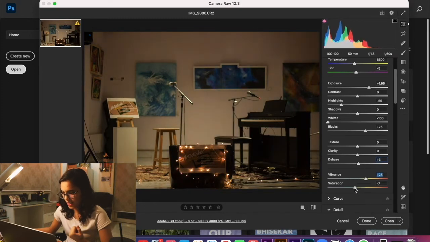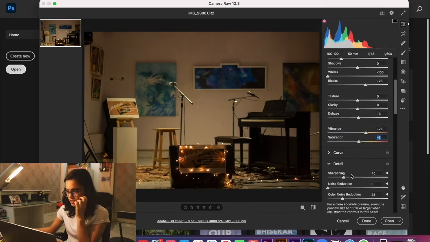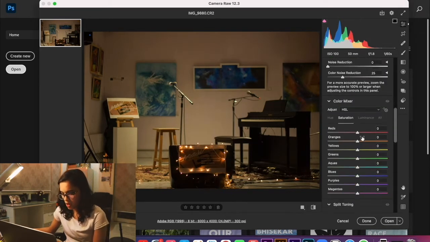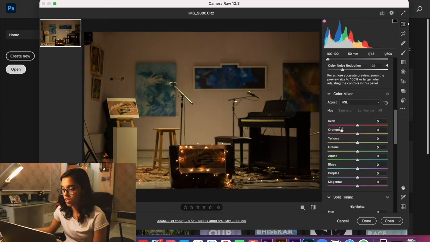We'll increase the vibrance a little and actually increase the saturation a little too. So now it comes to choosing the colors again. We're back at the color mixer. Let's see what colors we can choose to make it a little more retro. I think pulling down the oranges makes it look a little more retro than it was before, at